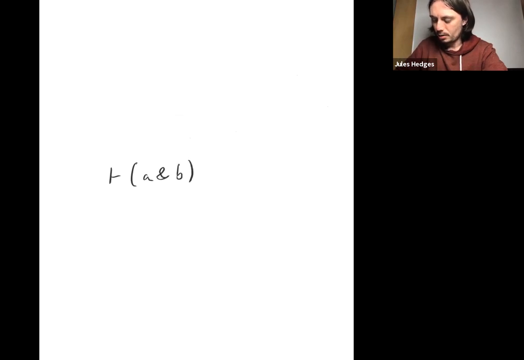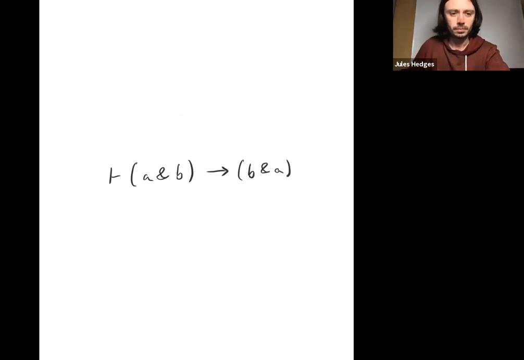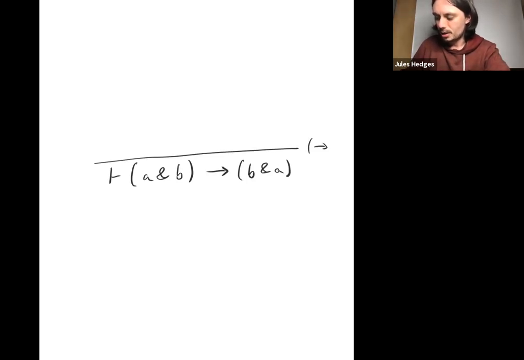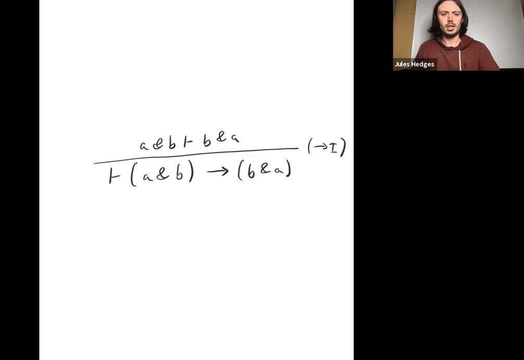Okay, here's an example that's a little bit more complicated. The thing that we want to prove is A and B implies B and A. Okay, so as usual, we need to start by using implies introduction. So we need to prove B and A from the hypothesis A and B. Okay, so now we need to prove something that has the form something and something, and that's what the and introduction rule is used for. So we apply